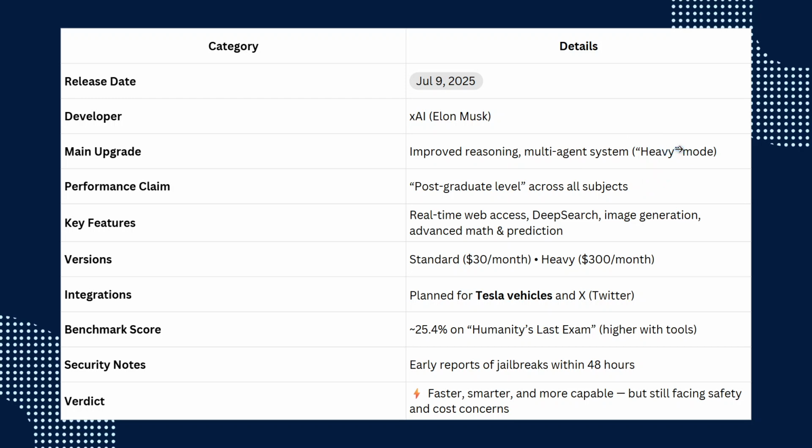During its initial demonstrations, Grok 4 showcased its prowess in advanced mathematics, image generation, such as simulating the collisions of black holes, and predictive tasks. These capabilities highlight Grok 4's potential to not only assist but also lead in fields requiring high-level computations and creative